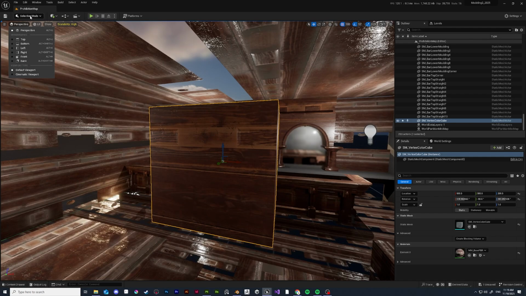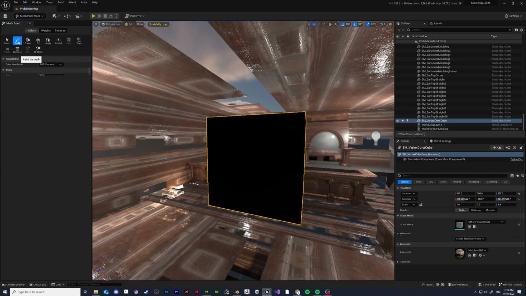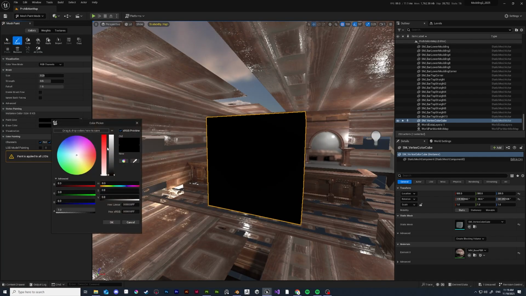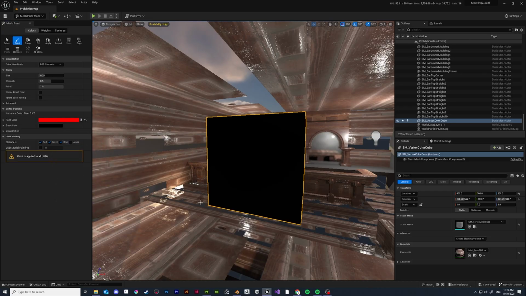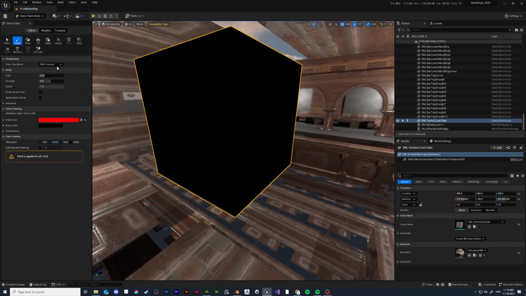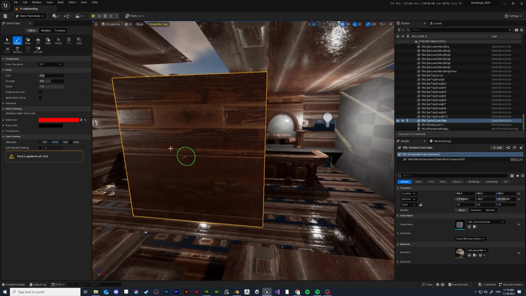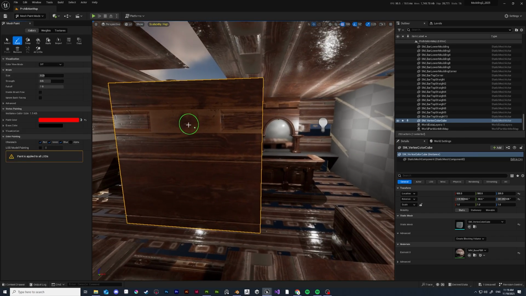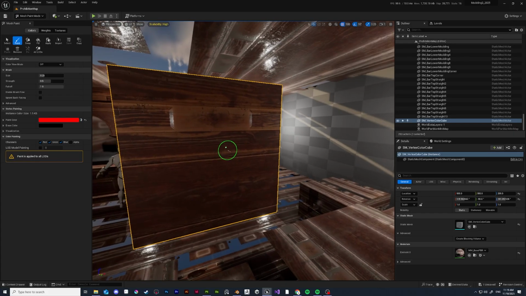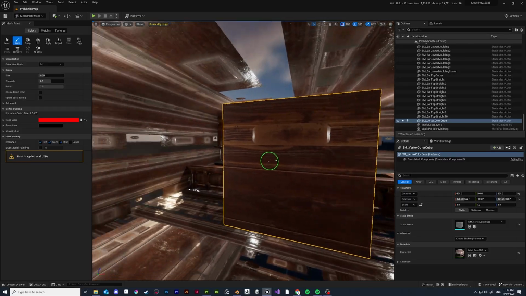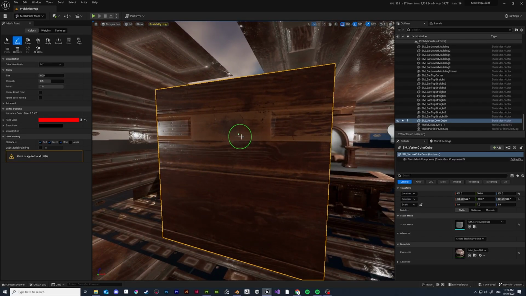So now what we can do is actually go into our mesh paint, and we're using the red value, so I'm going to go pure red, R of 1, G and B still 0. Click OK. Instead of viewing the RGB channels, I'm going to click off, so we just view the actual texture. And now you can see with all of these extra vertices, I'm getting way more options and areas that I can paint. And so now, if I start painting on this tileable texture,